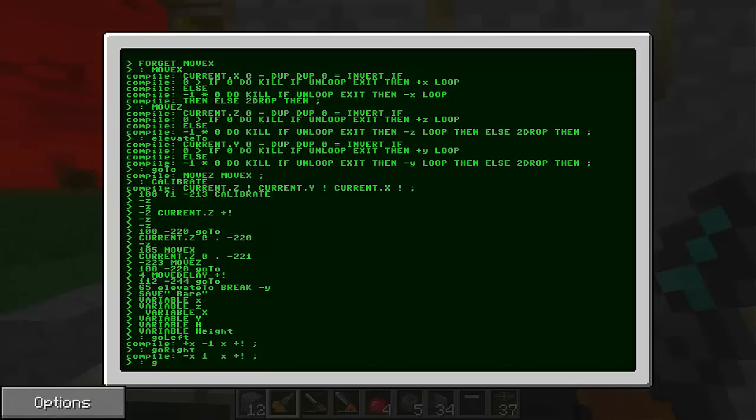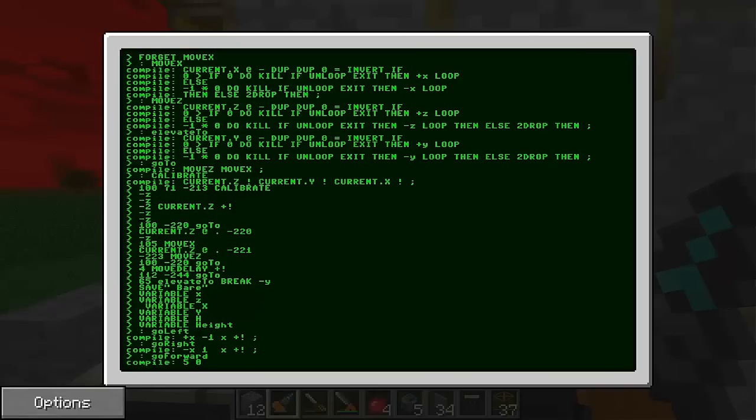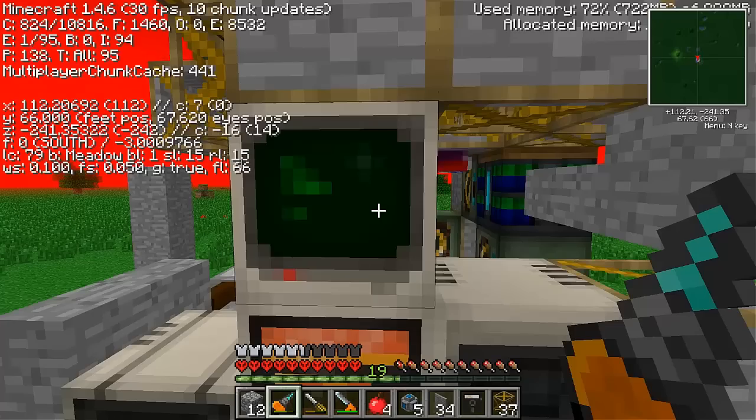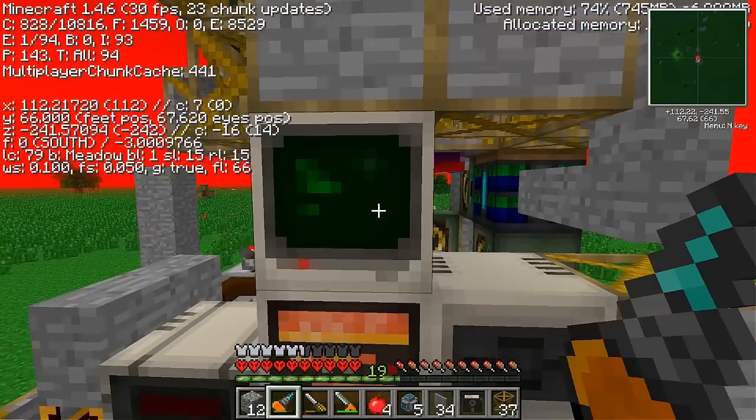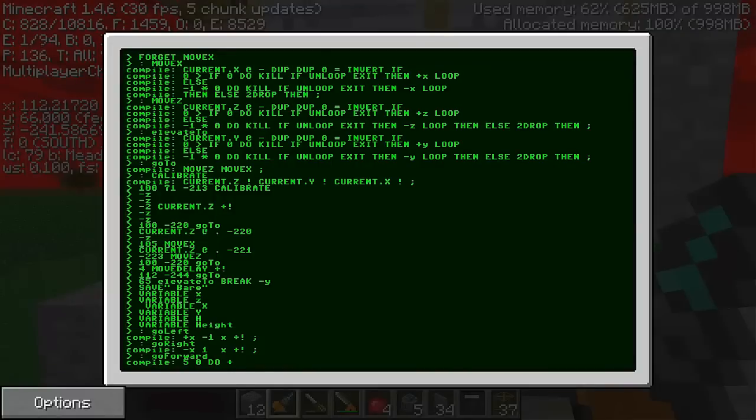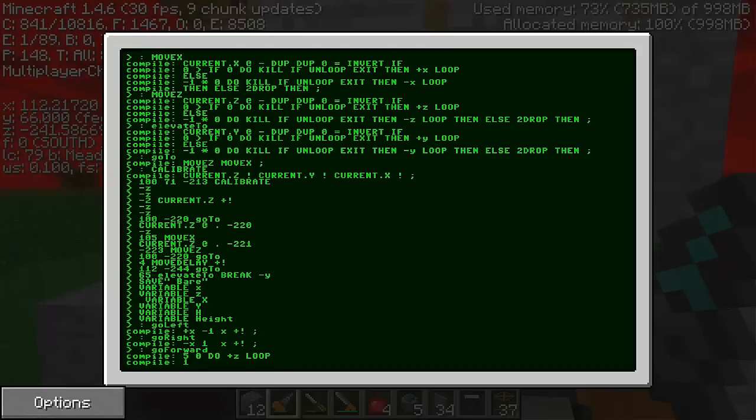So for go forward, we'll need to do a do loop of 5 movements. I believe with go forward we're moving in the positive z direction. So do plus z loop,